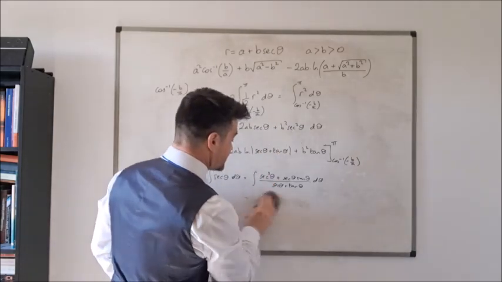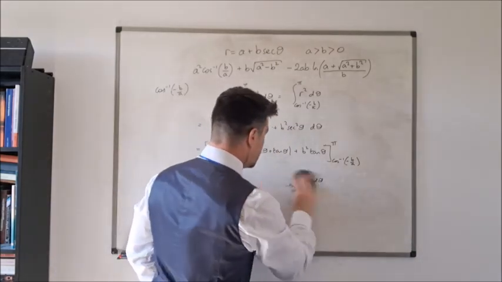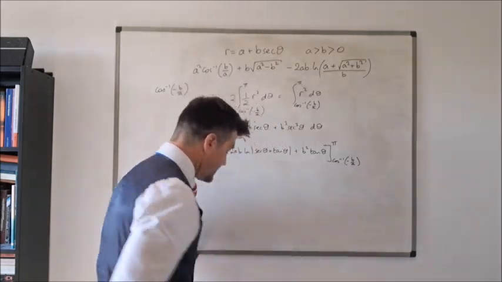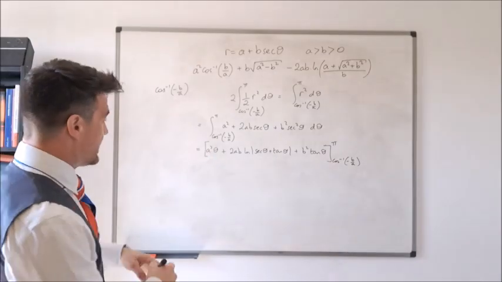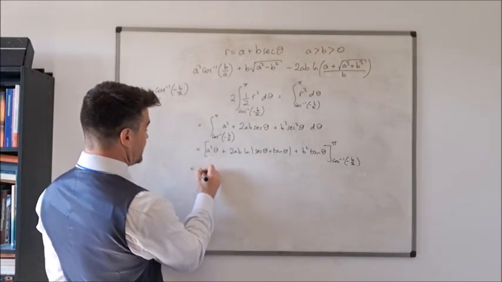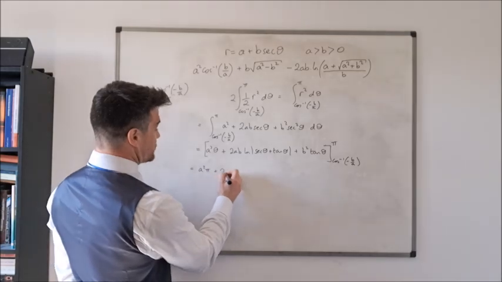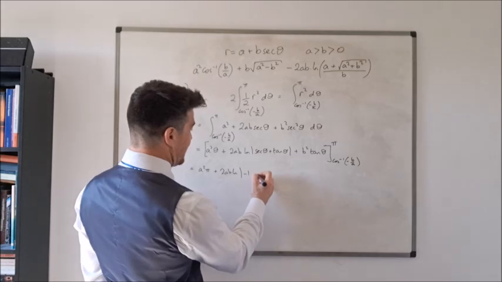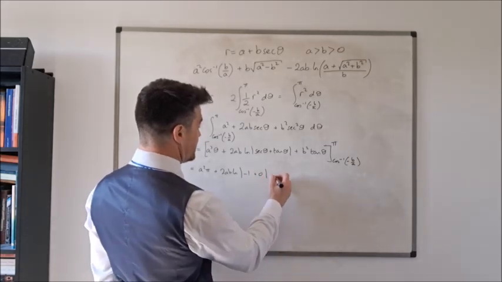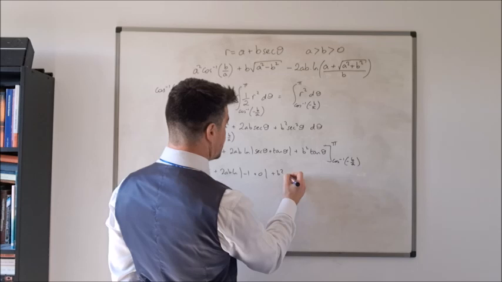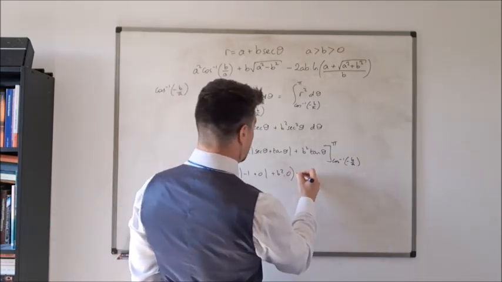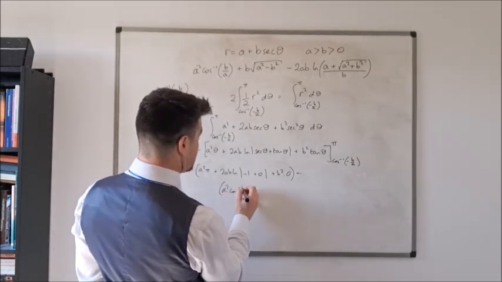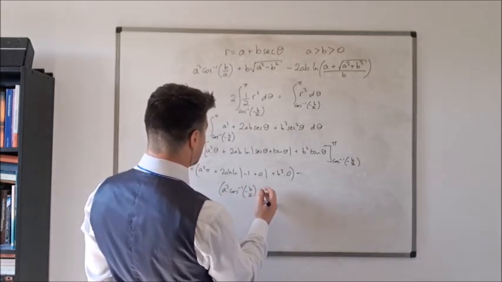Okay, let's get rid of this. I think I need some new board rubbers. So, plug in the values. We get a squared pi plus twice ab natural logarithm of the modulus of sec pi, which is -1, plus tan pi, which is 0, plus b squared tan pi, which is 0, minus, I'm going to have to go on to another line, a squared inverse cos minus b over a plus